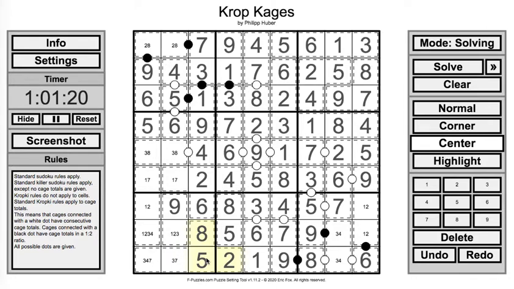Now, remembering that this cage adds to 13, we can never make this cage add to 26 because it would need a black dot between these two cages, so we cannot put the 4 in here to make it a 4, 7, so it needs to be a 3, 7, and we finally disambiguate this 3, 4 pair down here,